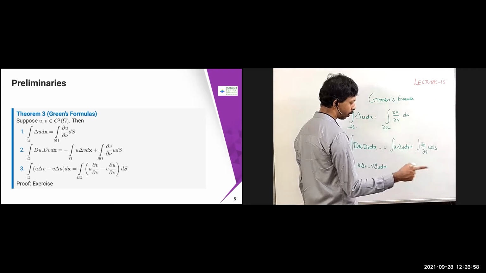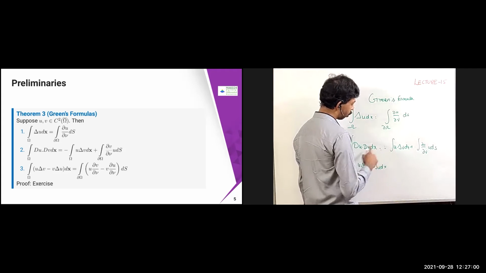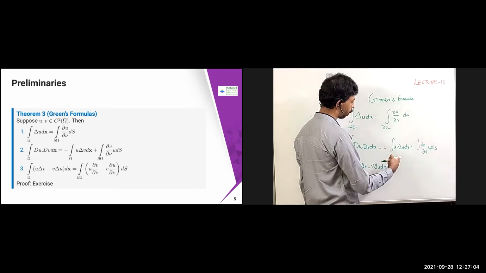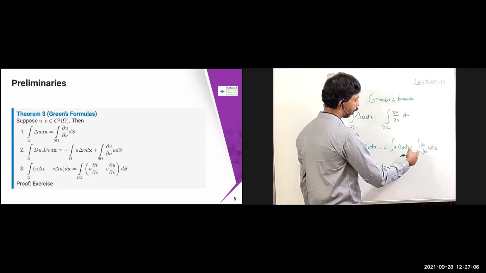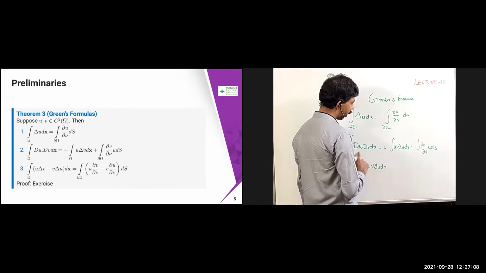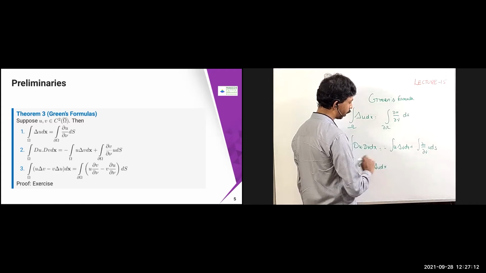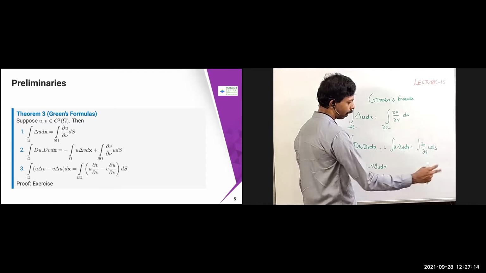This third one is very straightforward if you use this one. So u del v dx is going to be this side, then du minus dv dot dx is going to be the other side. Minus is going to be there, and dou u by dou nu is going to be there. Now wherever u is there, u and v just interchange. One more identity you will get in a similar way. Now subtract it, then you will get this answer.